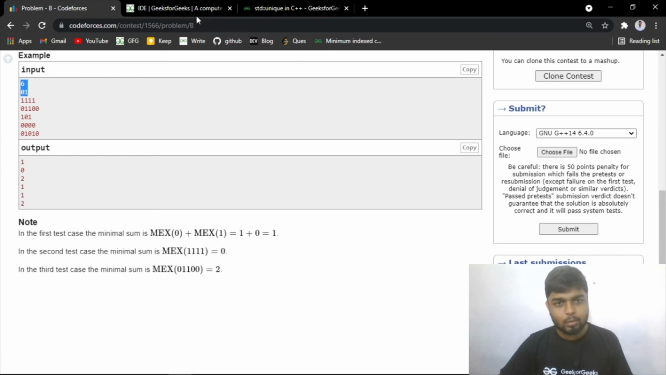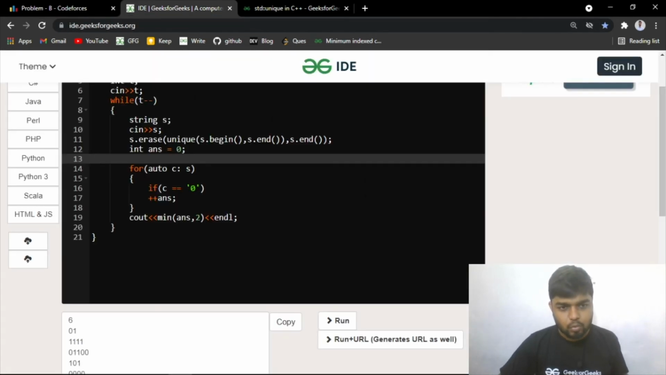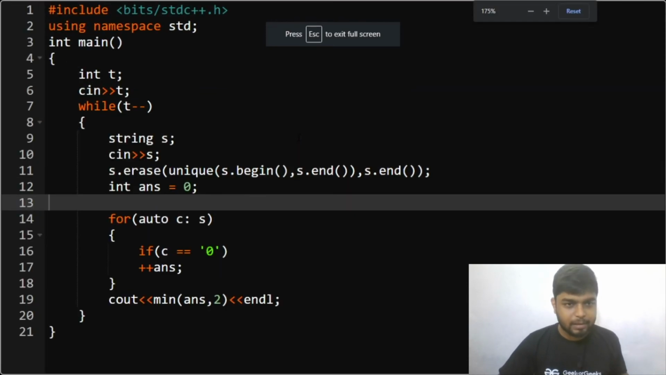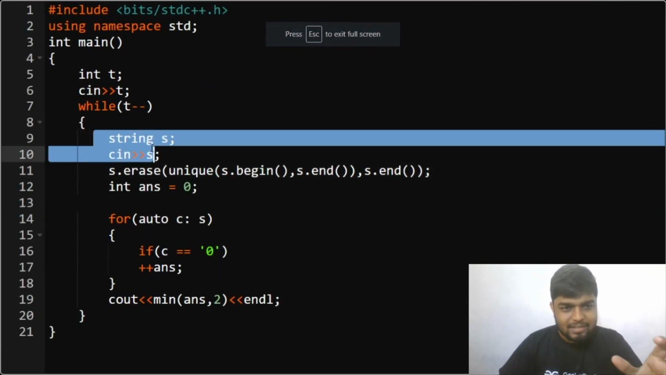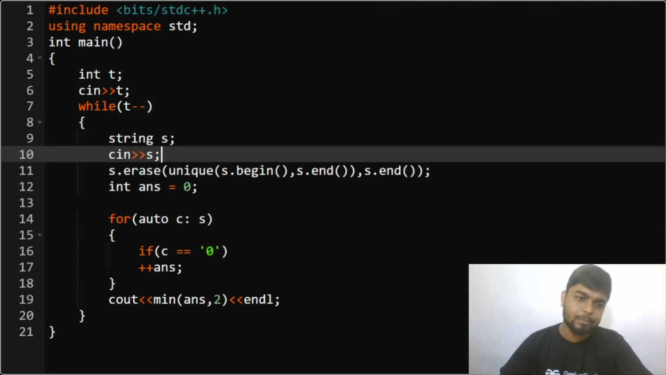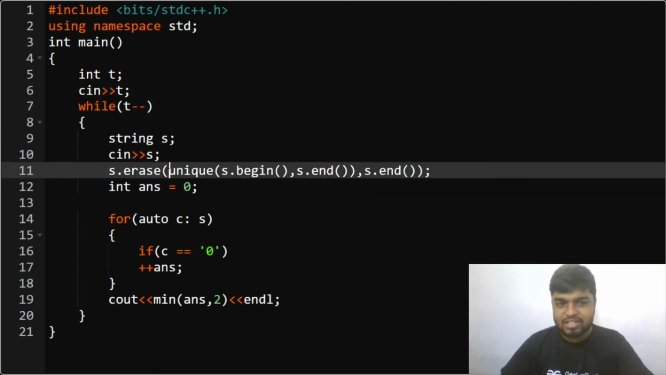So what we'll do is, what you can simply do is, let me zoom it. You simply take the t test cases as input, you take the string as input, and you use the unique function. The approach to write the unique function is this: in the first parameter you pass s.begin, in the next you pass s.end, and in the last parameter you pass s.end